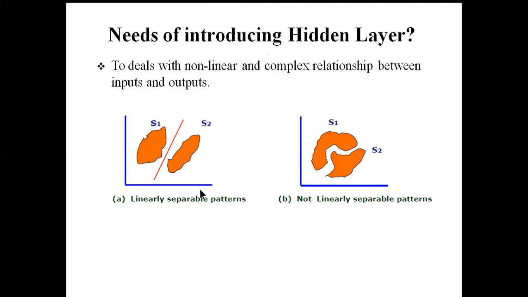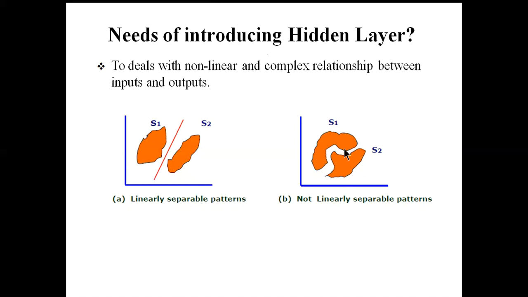Suppose a particular problem can have two types of output. Consider an AND gate. It has two outputs, one is 1, another is 0. Consider s1 is 1, s2 is 0. Now if we can draw a plane or line that can separate the 1 and 0 portions, then we call it a linearly separable pattern. Here you can see that you can draw one. So this type of problem is called a linearly separable problem.